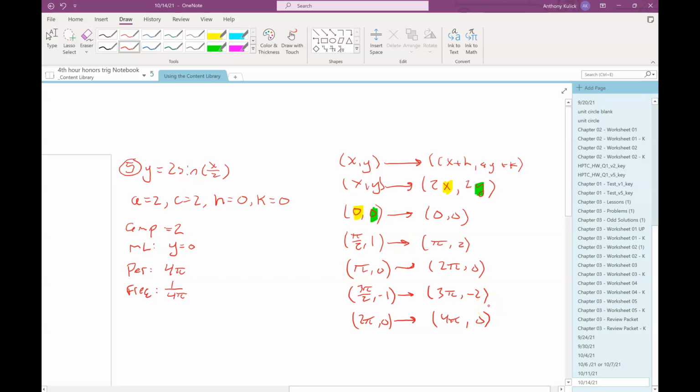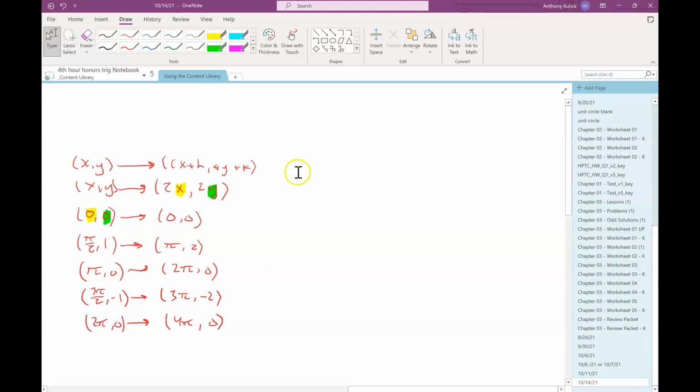So far, so good. So now let's go ahead and graph. So it asks us to graph on the interval from negative 4 pi to positive 4 pi. All that's really telling us is